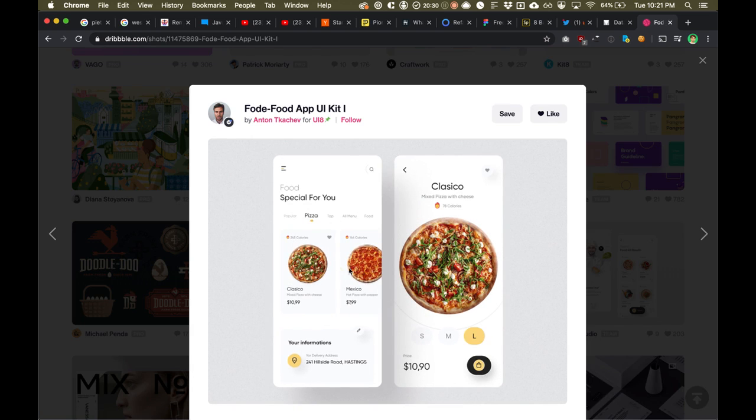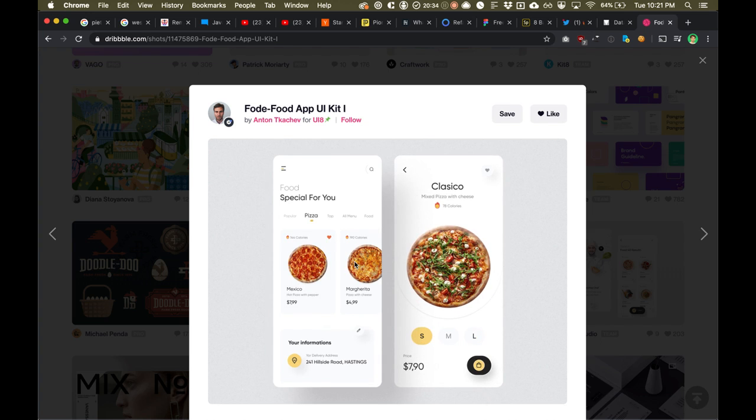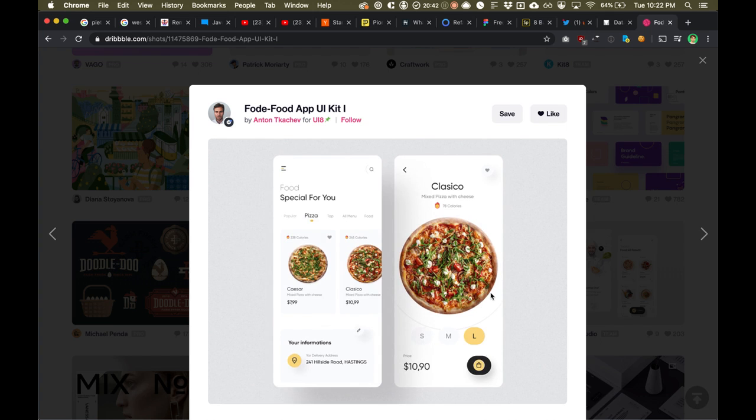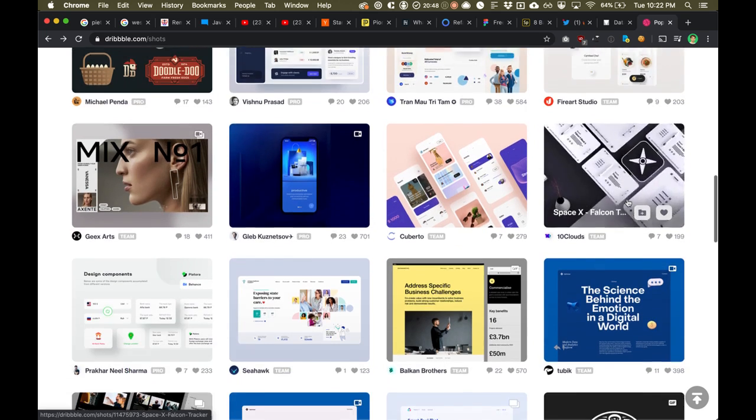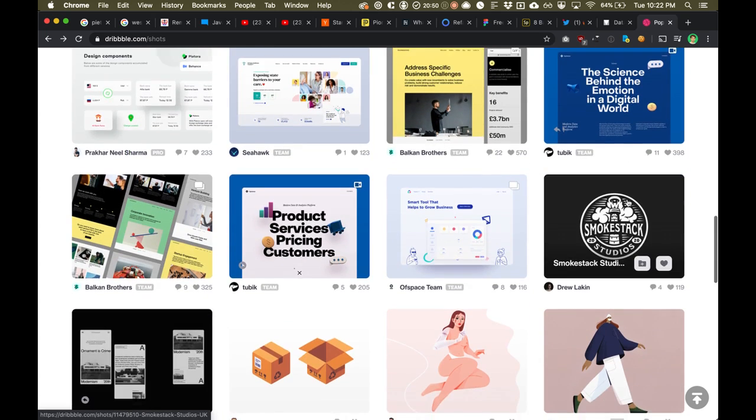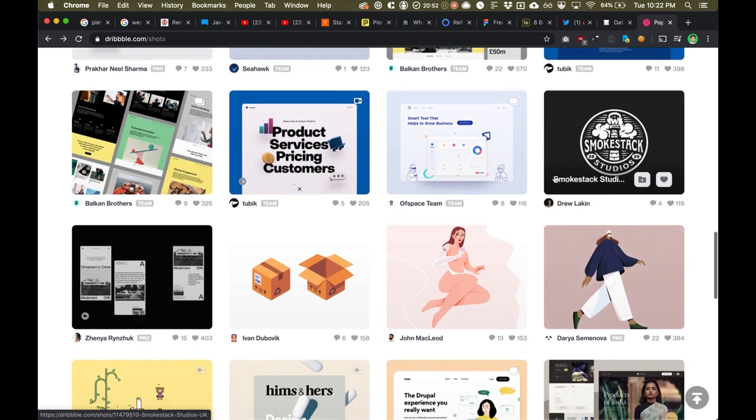This is just one of the first things I clicked on, and already you're seeing how talented these designers are, and you can get a lot of ideas from these people in terms of how you should lay something out. You might not want to go as full tilt as a lot of these Dribbble designers go, because they really go all out, and it can be hard to feel like you need to keep up with them.